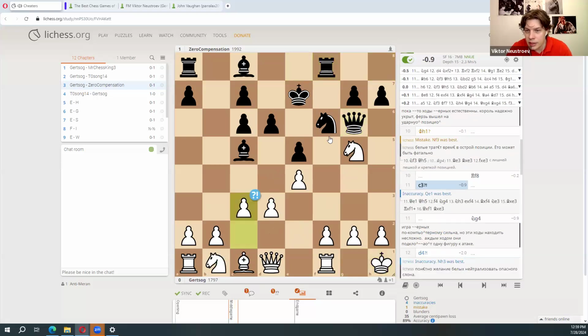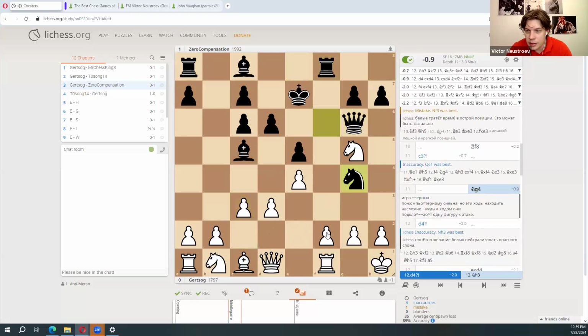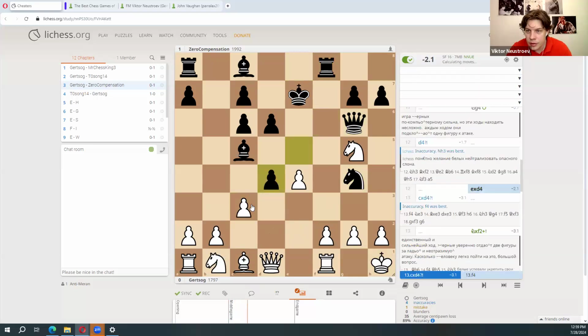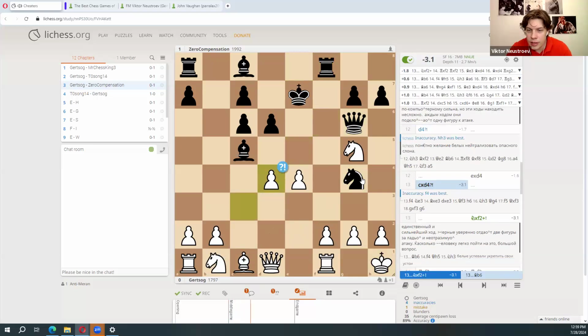And this guy is doing this attack, attacking here, so I have to play d4. He takes d4, c takes d4, and now knight f2 is the best move. How can this move be the best move if he gives up two minor pieces for a rook? Well, for me, it's not obvious. So I thought that actually it's fine.